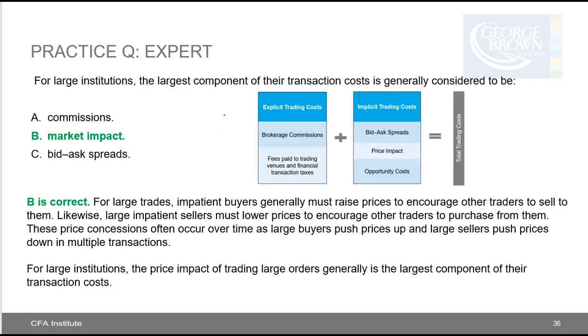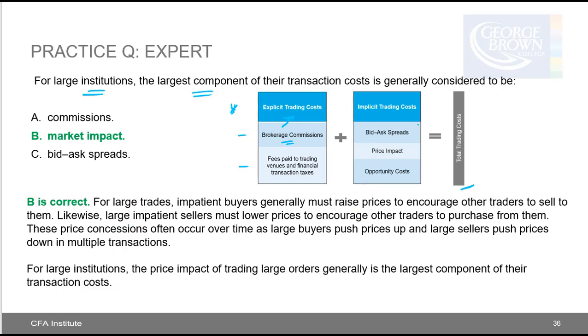So just remember, total trading costs are made up of explicit trading costs, brokerage commissions, and fees paid. Brokerage commissions make up the largest component of explicit trading costs, but this question is not asking explicit or implicit,